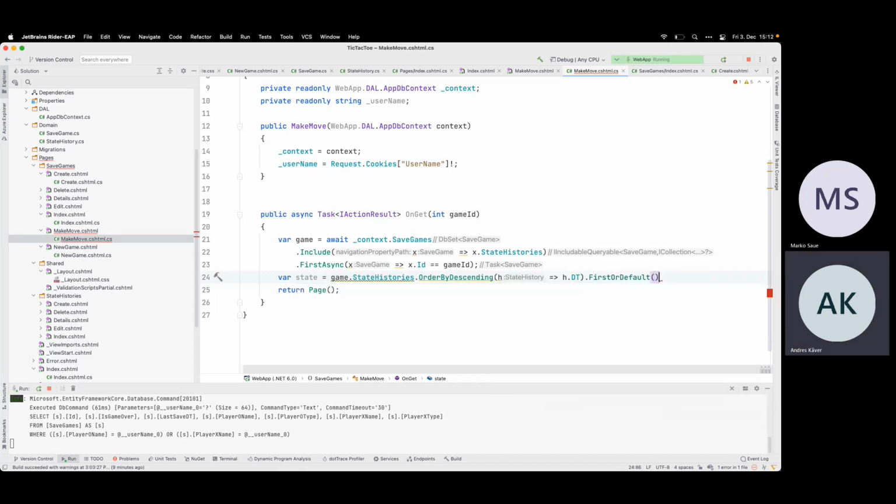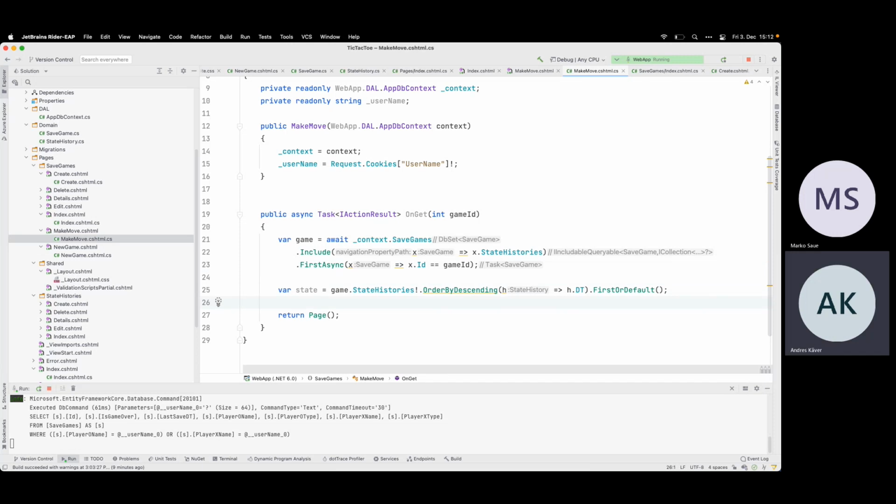First or default, because this might be null. There might be no state histories yet. So that one is definitely now here, but it might be empty. So I have my game and I have my latest state, like the final state, the last one.